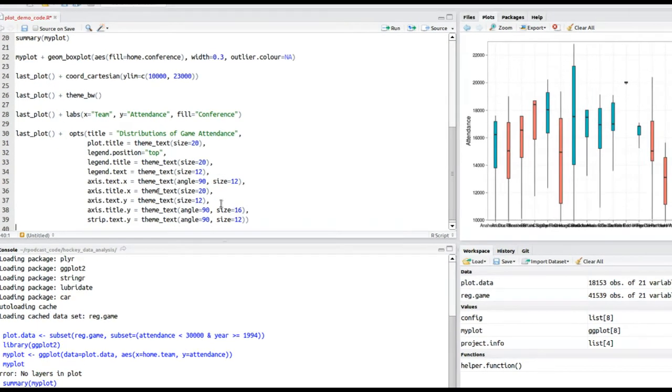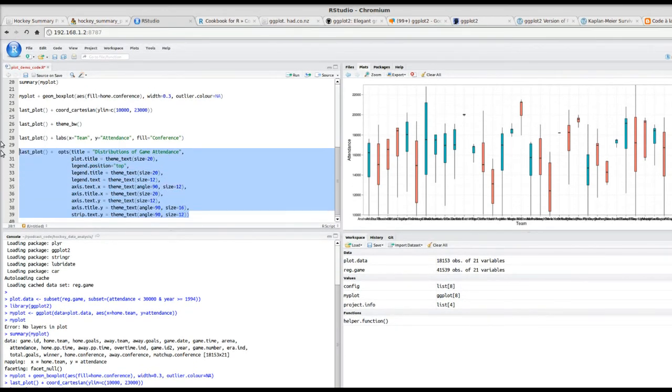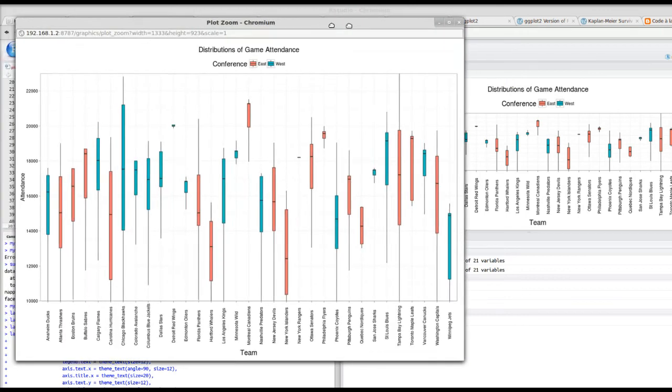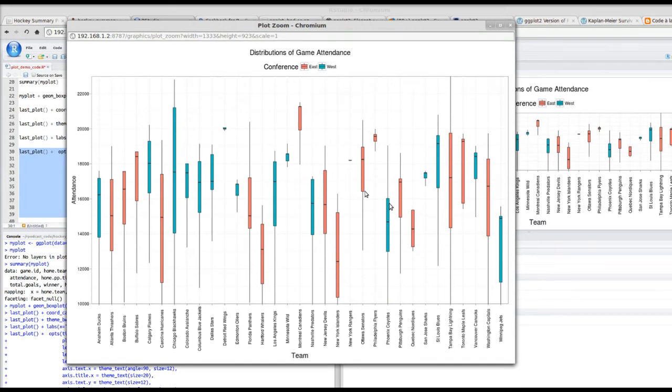And so once I'm finished with that, I go ahead and run all this, and again, it's the last_plot, and then plus this opts, and then all these different arguments inside. Once I do that, then you're going to notice that the plot looks a heck of a lot better now. And so I'm going to zoom in on it and describe to you what we've done here. What you'll notice is now the x-axis, all the team names are vertically oriented, and they're a bigger font. So we can clearly see that the left one is the Anaheim Ducks, and the very right is the Winnipeg